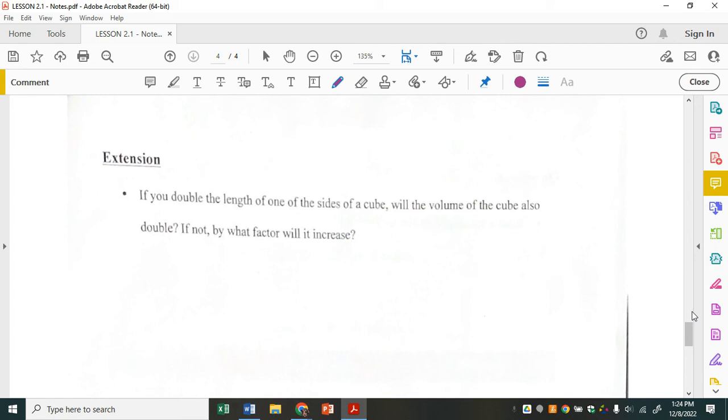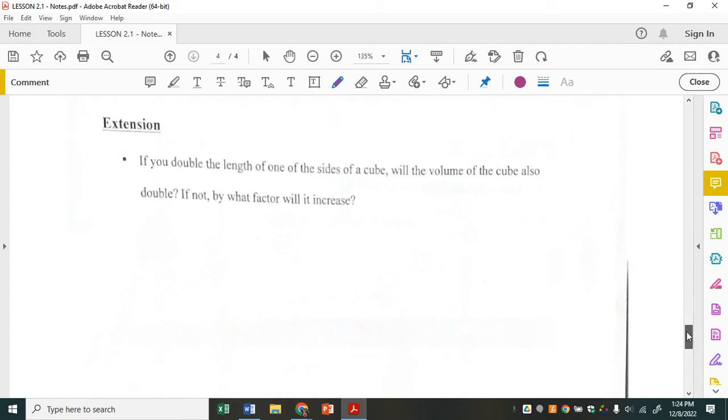It's just flipped. Okay? This question says, if you double the length of one of the sides of a cube, will the volume of the cube also double? If not, by what factor will it increase? So,